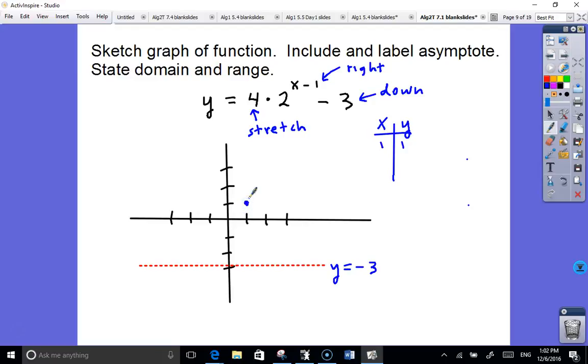Okay, and then let's find the y-intercept. Put in x equals 0. Then you're going to get 2 to the 0 minus 1. That's 2 to the -1. What is 2 to the -1? It's 1/2, right? So 4 times 1/2 is 2. Minus 3 is -1. So at 0, we have -1. Okay, and so this thing should look like this. It's not a very smooth graph, but